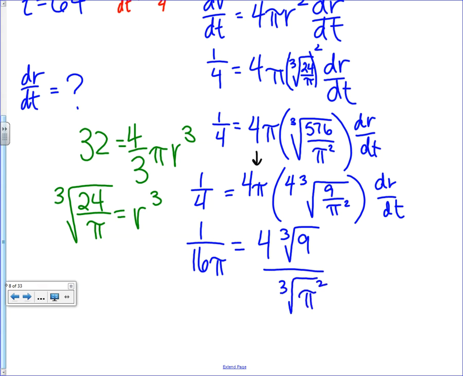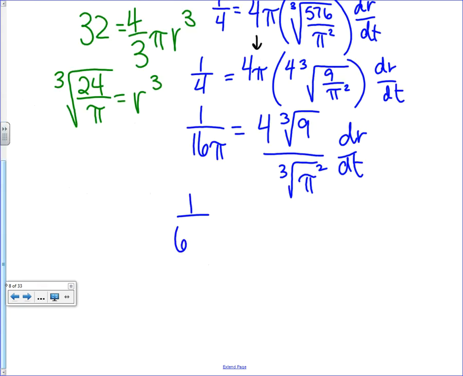And if you remember your property of roots, if you take the root of the whole thing, it's the same as taking the root of both pieces. In this case, we're talking cube roots. Okay, so I also can get rid of that 4 that's out front by dividing that over. And now I have 1/(64π), and I have the cube root of 9 and the cube root of π